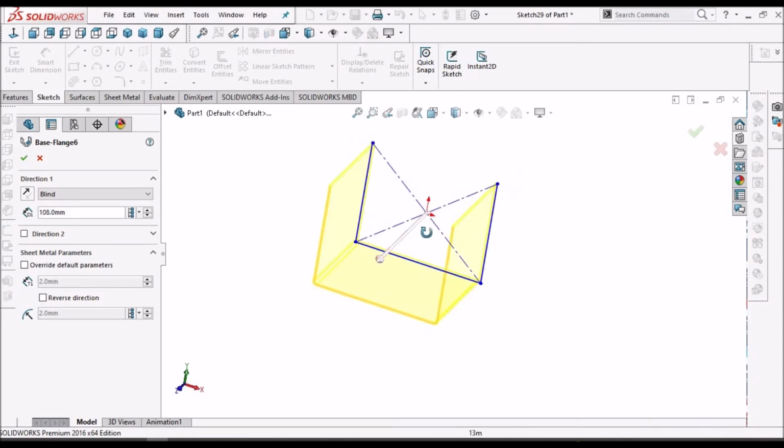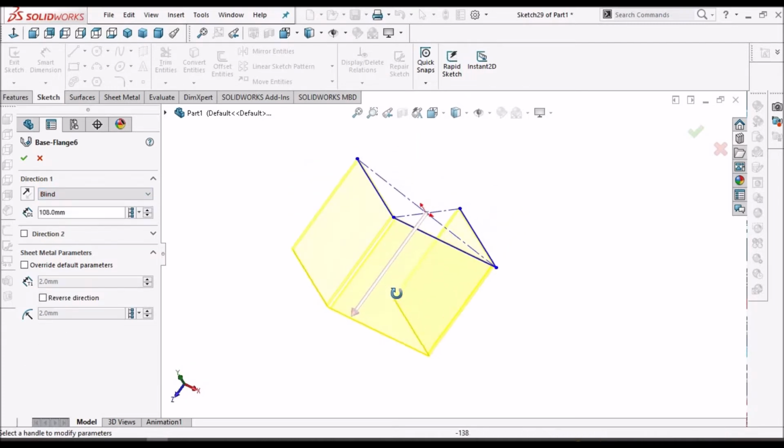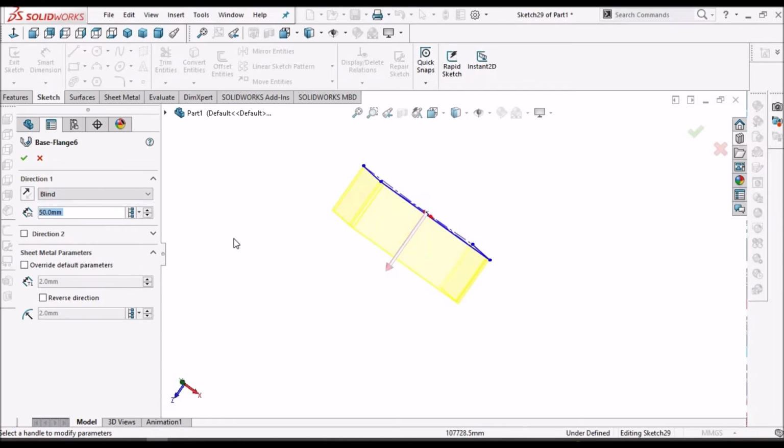See, in this we have many options like up to vertex, up to surface, offset from surface, mid plane. This blind is common, like extruded boss. We can give a certain distance like 50. If I say 50, it reduces, and I can keep it as mid plane.